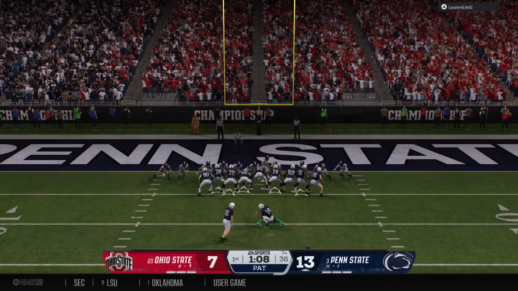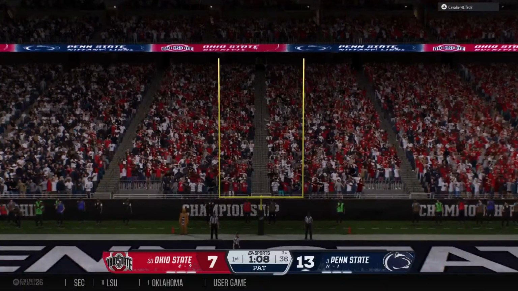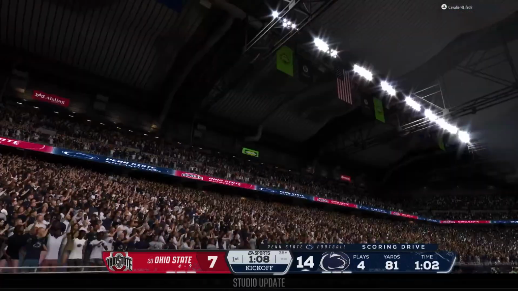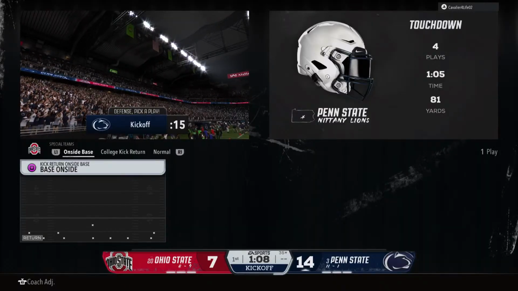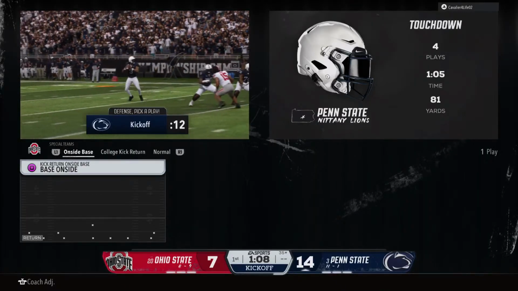Quarterback puts it right on the money. And with this receiver running a route like this, it makes it pretty simple. All you have to do is get his head turned around, catch that football. He's already in the end zone for the touchdown. And the extra point was up and good.